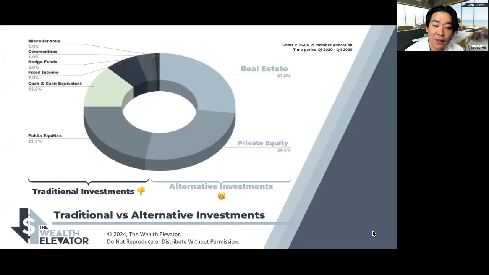Now, it may not apply to us directly, but what I wanted to show was a data point and a glimpse into what the ultra high net worth are doing out there. But for purposes of our tax talk today, traditional investments are typically giving you no passive activity losses and little, if any, tax benefits. Whereas alternative investments, especially real estate, give you a lot of losses and depreciation.